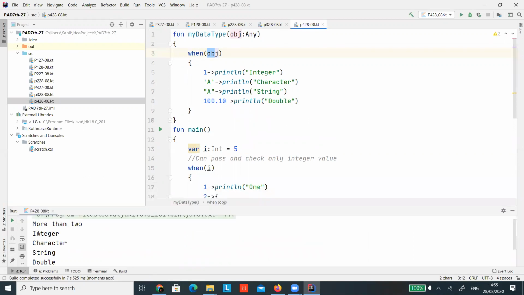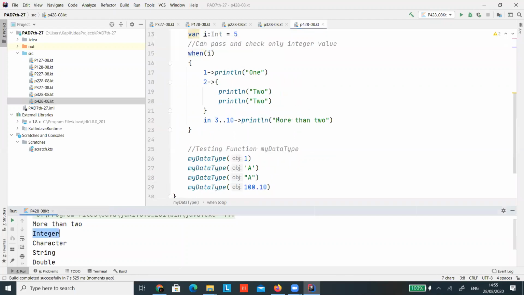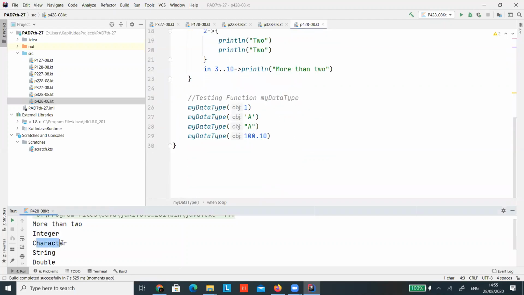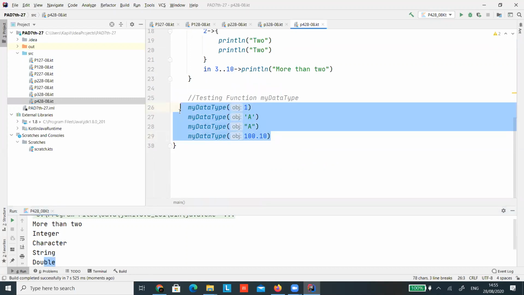So you can see this integer, because the first one was integer, then the character, then the string, and then the double. In this way you can write this switch case, and this might be helpful while you are identifying the listeners.